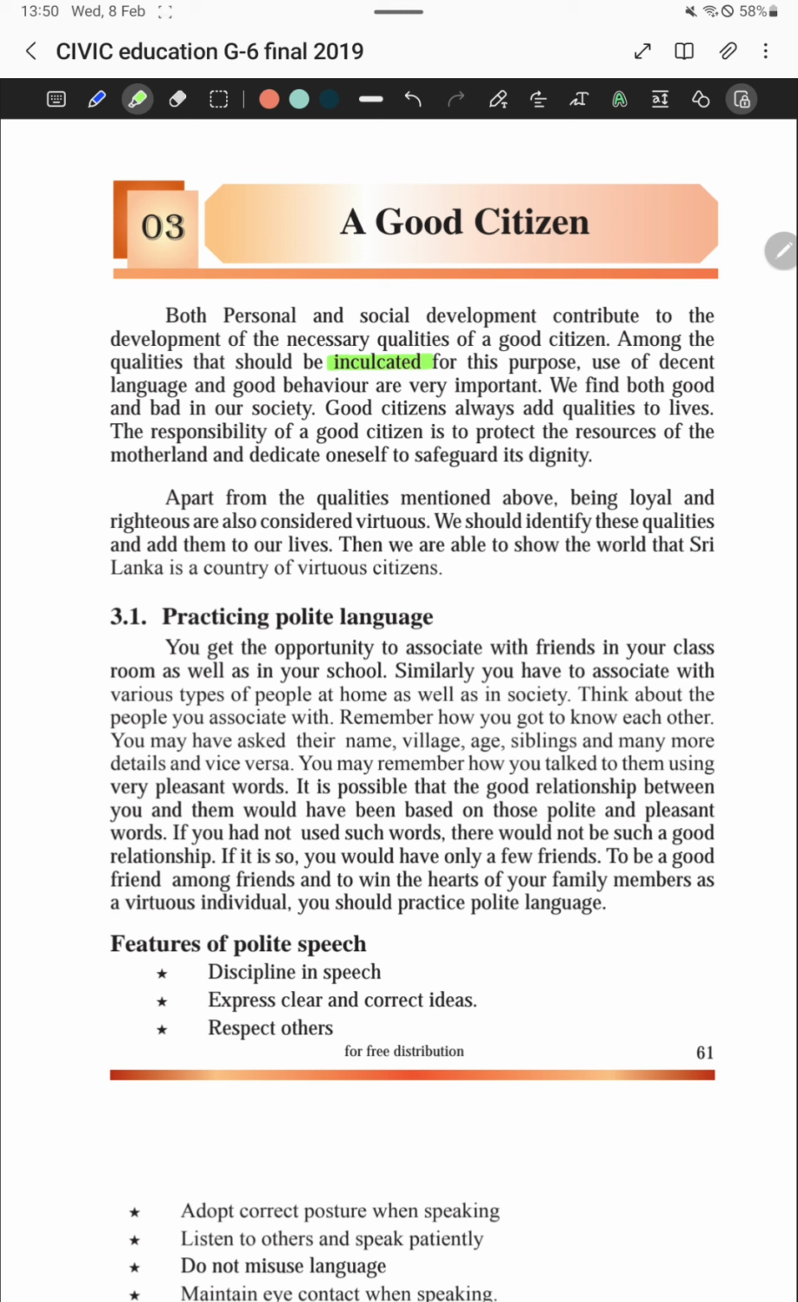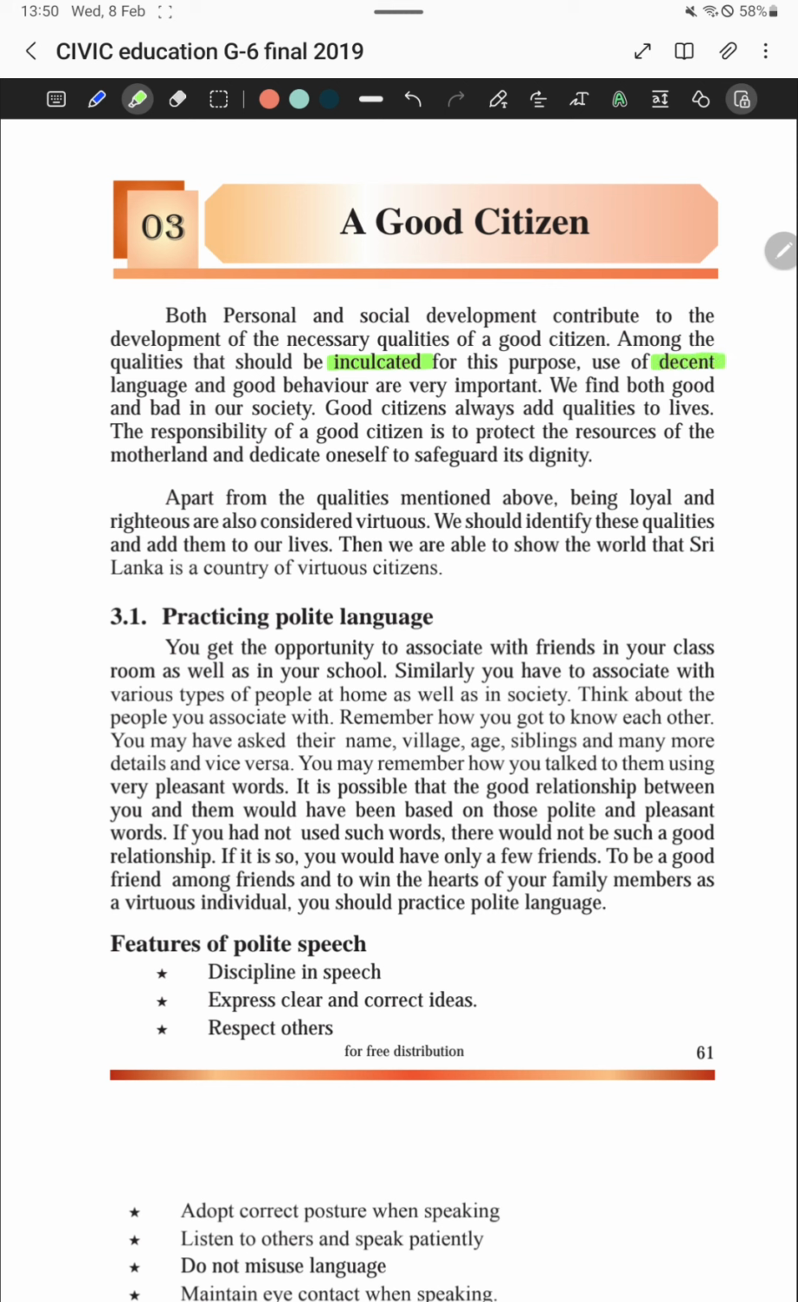For this purpose, use of decent language and good behavior are very important. We find both good and bad in our society. Good citizens always add qualities to their lives. The responsibility of a good citizen is to protect the resources of the motherland and dedicate oneself to safeguard its dignity. When considering this paragraph, you must have a thorough knowledge of these words: inculcated, decent,